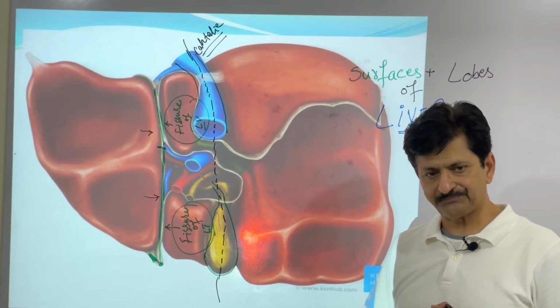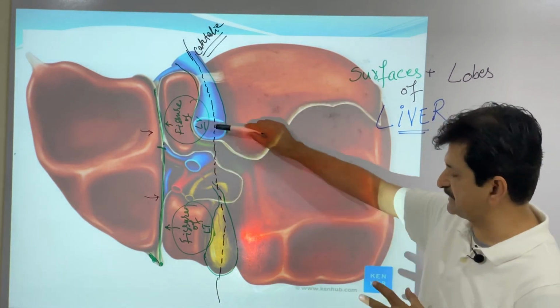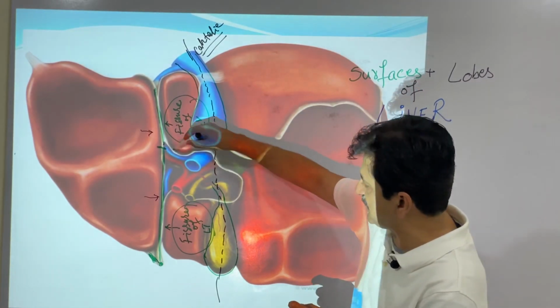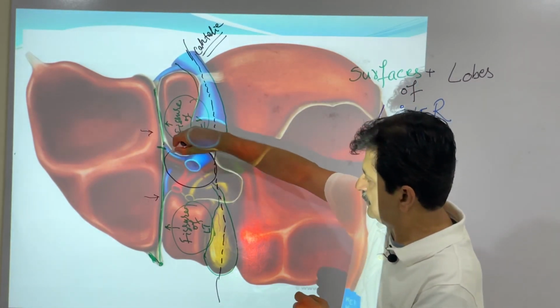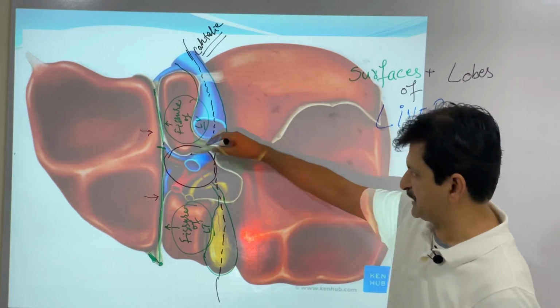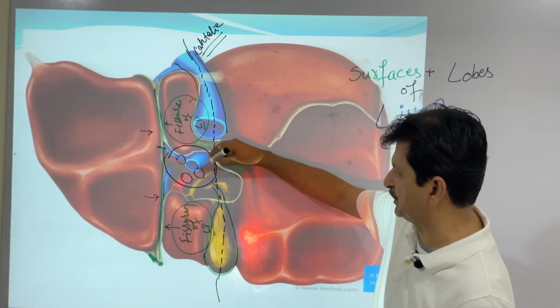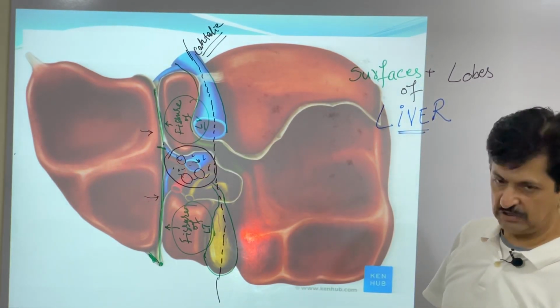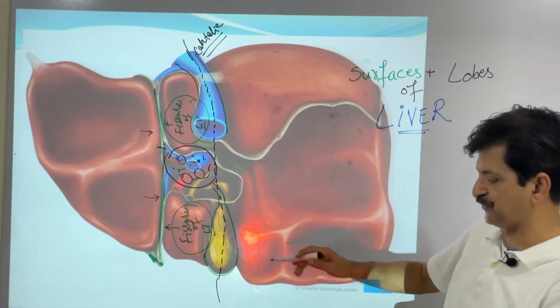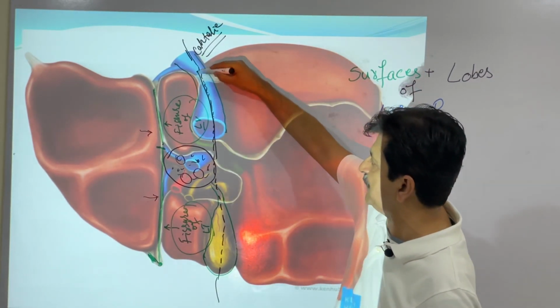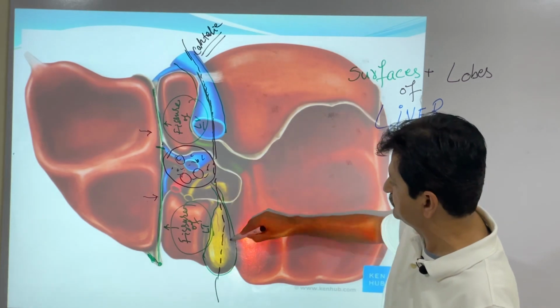And here you see the middle piece, which is very important, because in the middle piece now there is a depressed area. This is called the porta hepatis, and in the porta hepatis we will show you a lot of structures going inside and leaving. This is the porta hepatis you are watching. So on the visceral surface, you will roughly be seeing a kind of H-shaped landmark.